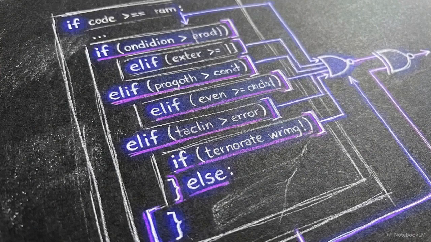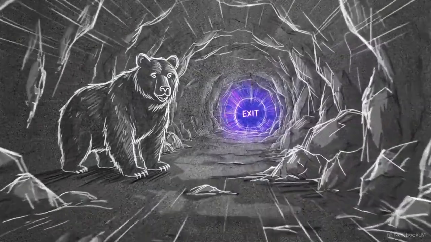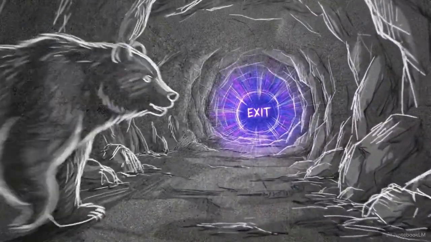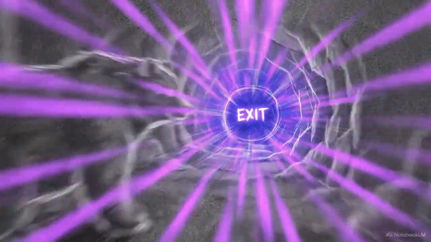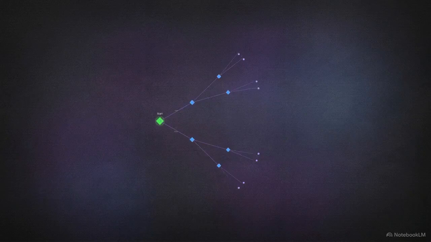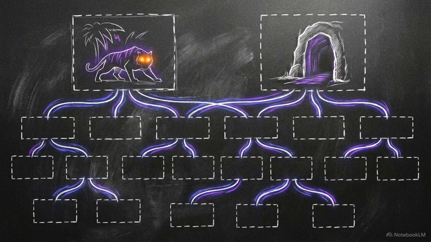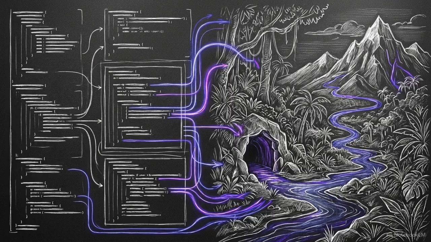Now that the logic is in place, you can run the script from the beginning to test the entire flow. You start the game, enter the cave, and choose to run. The program navigates the nested blocks, displays the survival message, and you escape. This same structure of checking inputs and branching paths is the foundation for much larger projects, from visual novels to complex RPGs. To practice, try adding 3 new locations to your script, like a river or a mountain, each with its own nested choices. By mastering these basic conditional paths, you have the tools to build and expand your own interactive stories. Let's start